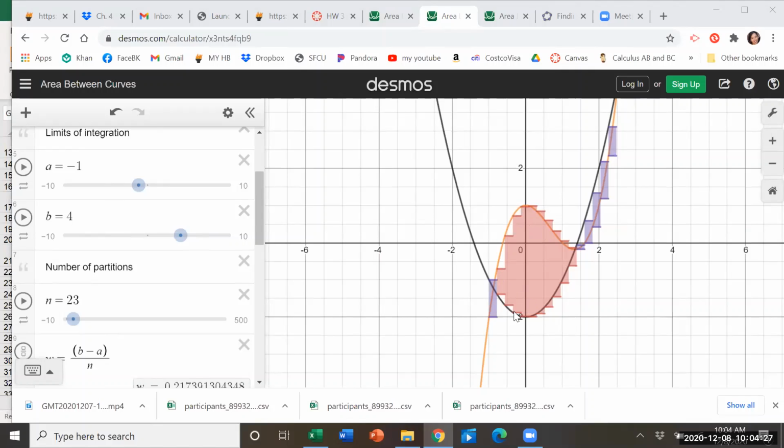And then what we do is we figure out what that area is, and then we add it to the area that you see on the right. Ignore that little purple part right there. So that orange part right here, big picture wise, we need to find the intersection points of these two functions. If it's not something we can do by hand, which a lot of these problems are by calculator,